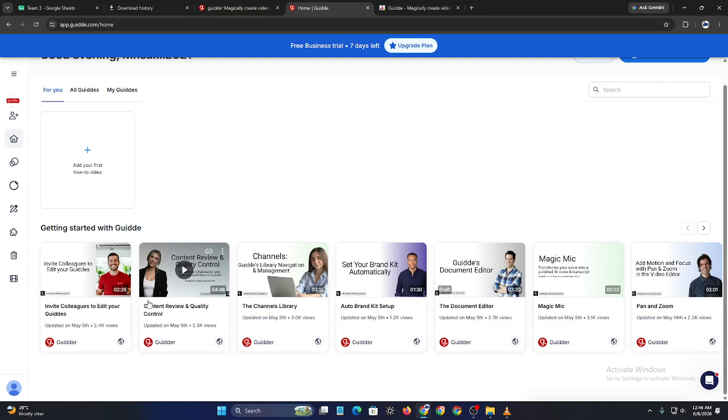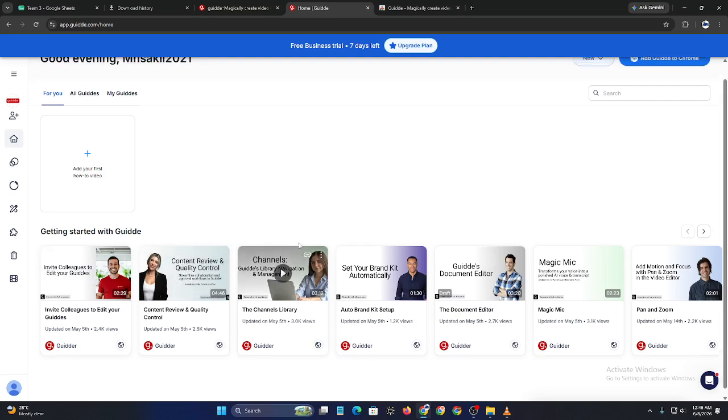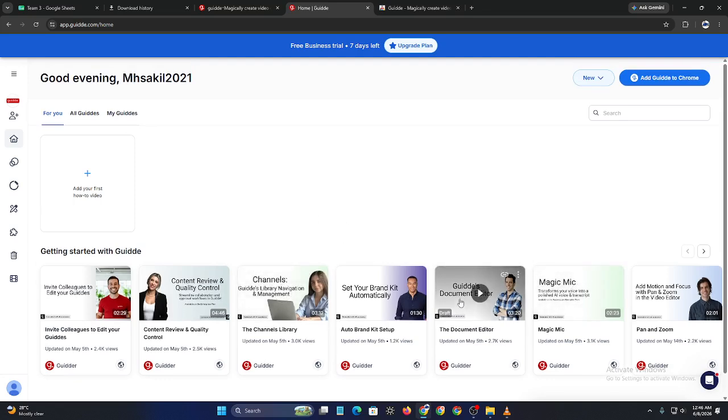publishing. And that's how to create step-by-step guides in Guidde AI in 2026. With just a few clicks, you can turn any workflow into a professional guide that